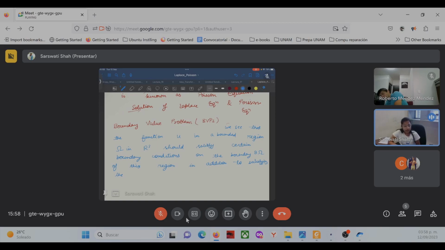So if you are deriving the solution of the given partial differential equation, then